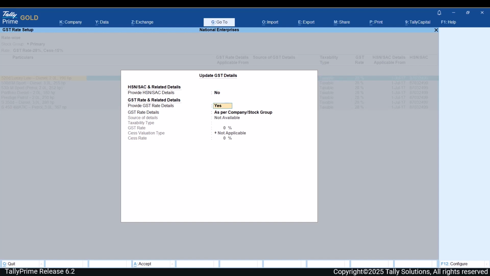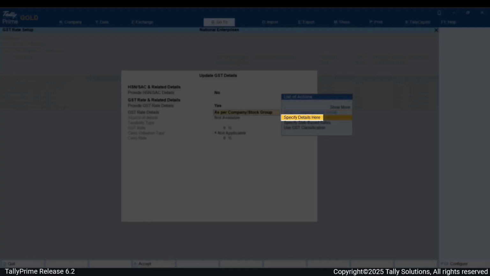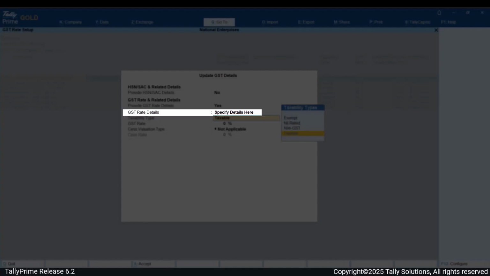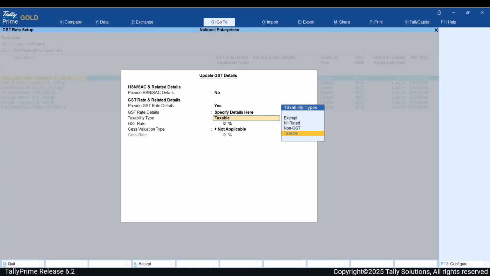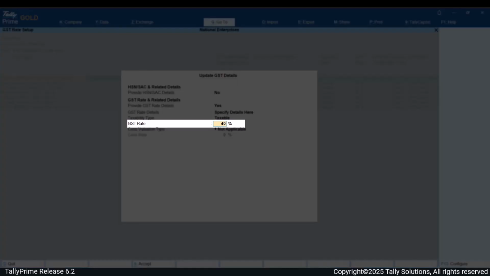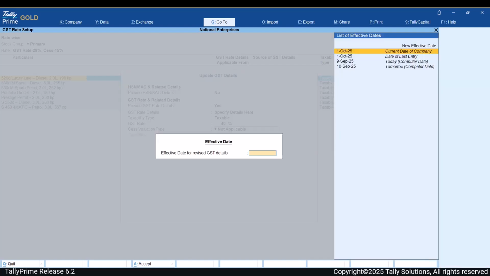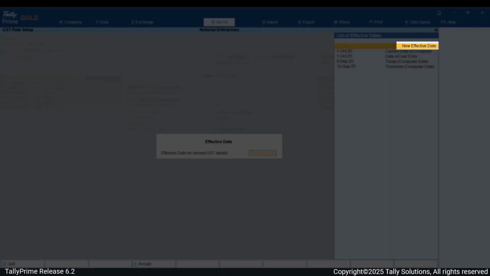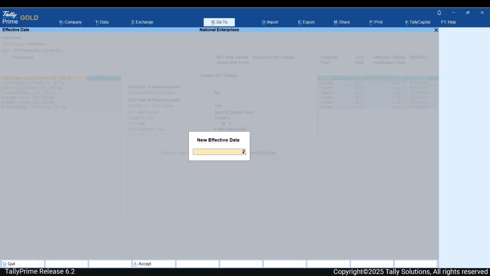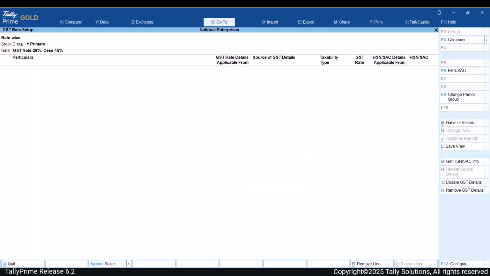Under GST rate and related details, select Specify Details here in the GST rate details field. Enter the new GST rate. In the Cess field, select the option Not Applicable if the items are not eligible for cess. Select New Effective Date and specify the applicable date. Save the changes.